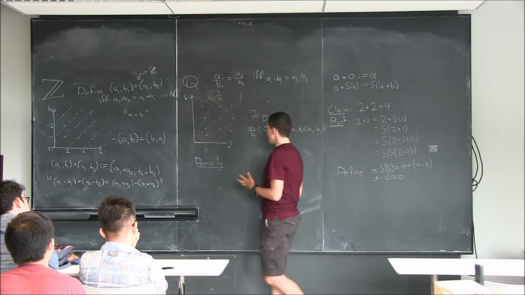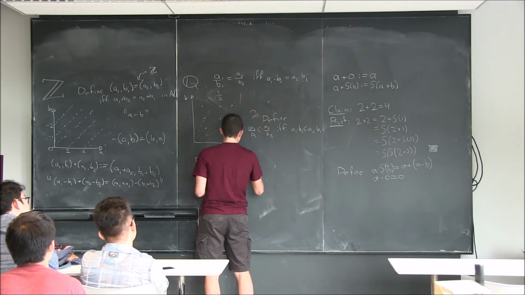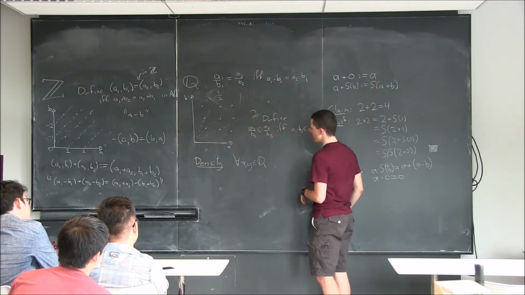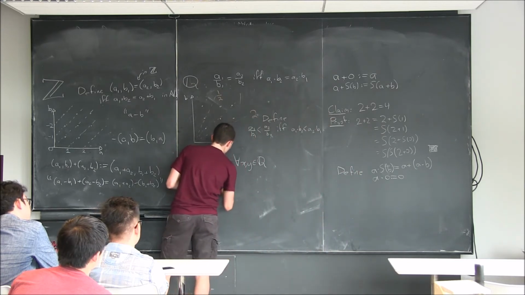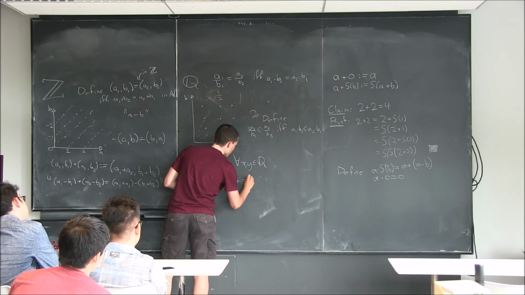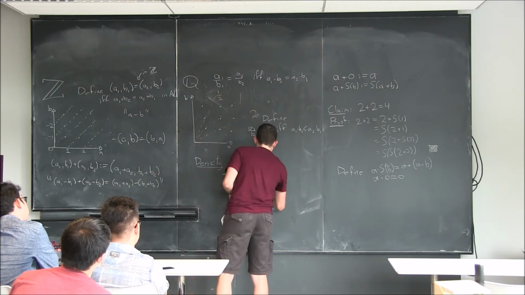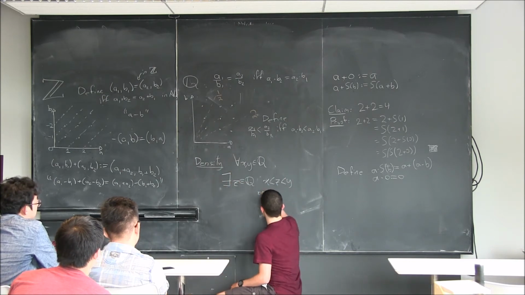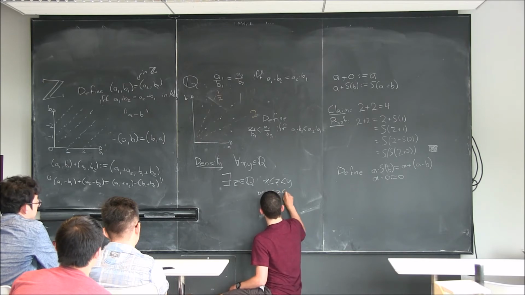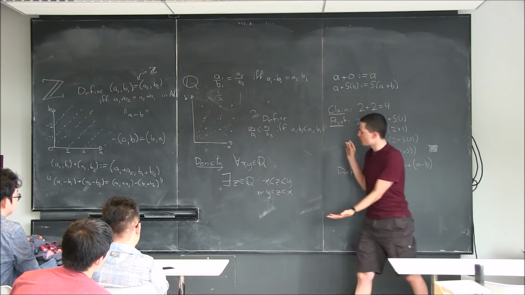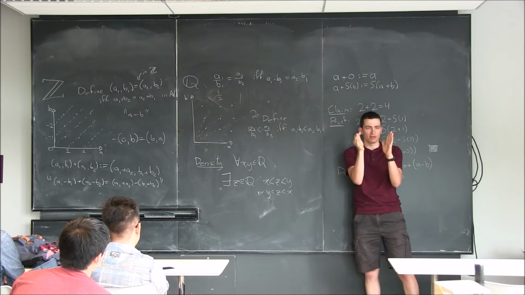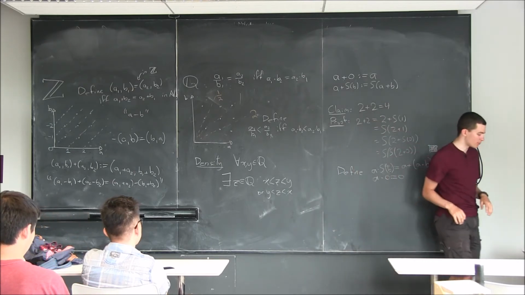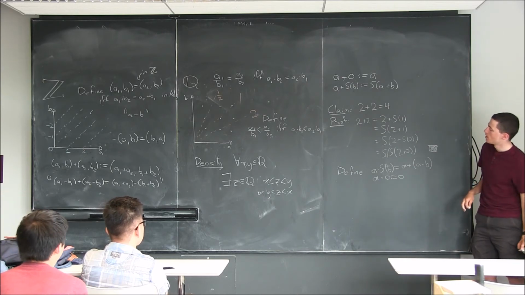They're dense. So anytime I have two rational numbers, I always know that there's going to exist another rational number such that it's between them, this way or this way, right? If y is bigger than x, then there's going to be some z in between x and y that's going to be there, and the same thing if x is greater. Okay,